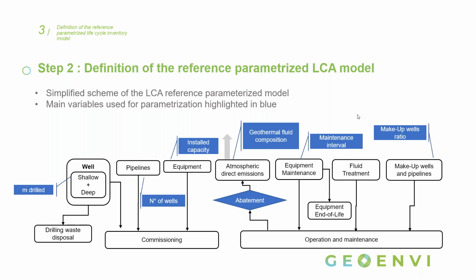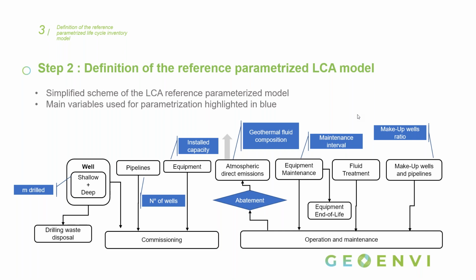And also for the pipeline, the length of the pipelines, and the equipment, which accounts for the commissioning phase, I use the number of wells and of course the installed capacity of the power plant. And also an important point of this model is the geothermal fluid composition. And this is also modeled considering the abatement system, which in case of binary power plant is